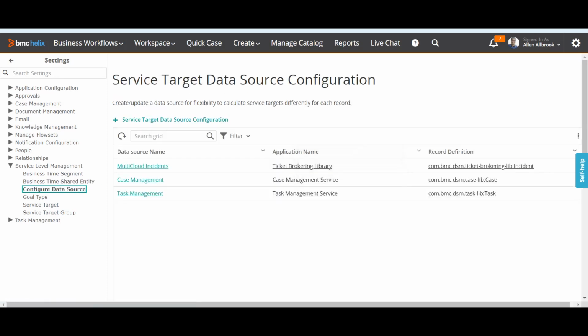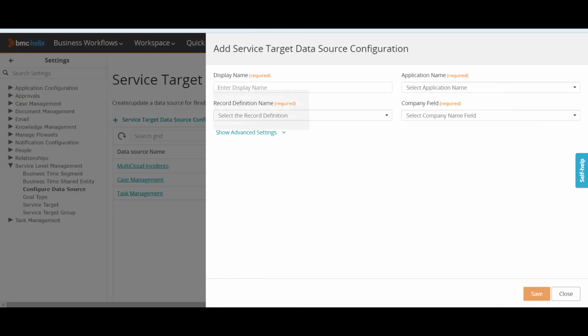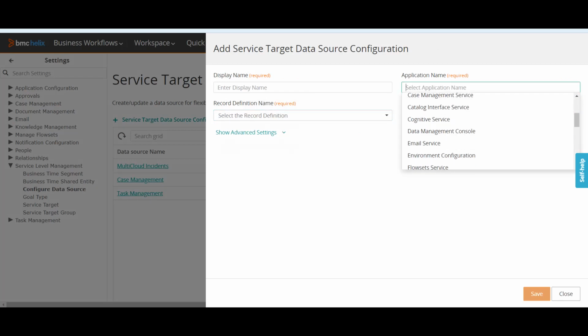Now I will not go into this source data, but this is where you can define a target application for which you want to use the SLM. Here they have defined multi-cloud incidents, case management, task management. So for these three we can use it. If I want to define a new application, I have to click here, put a display name, then select the record definition. That means I have to use the name of the application